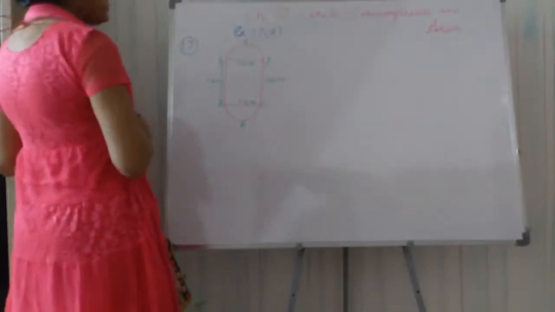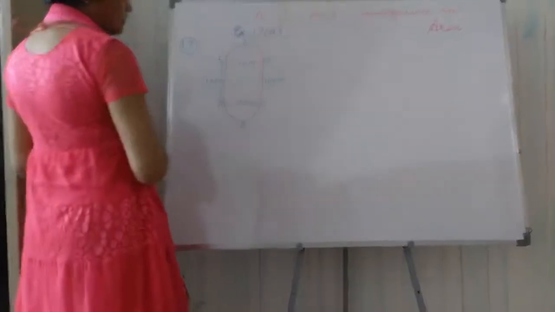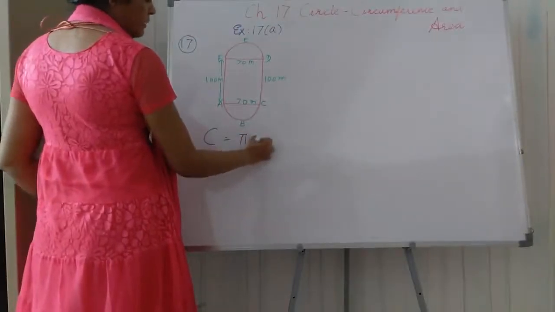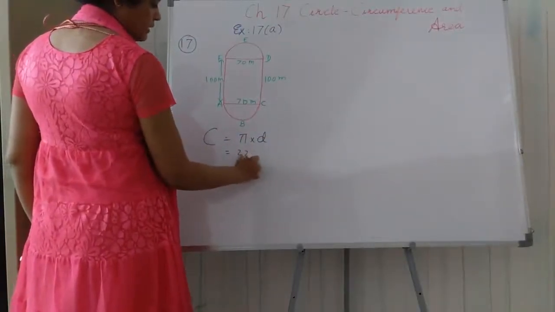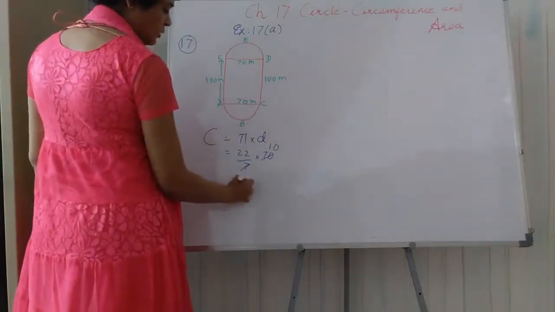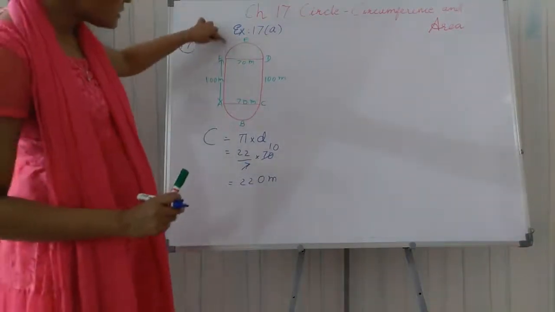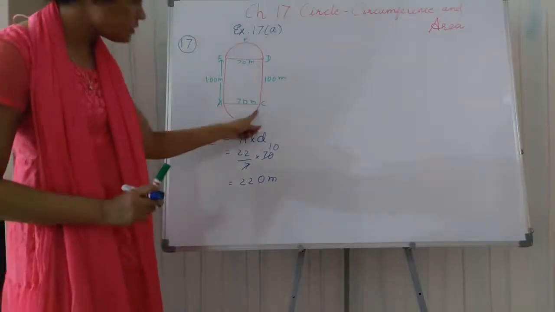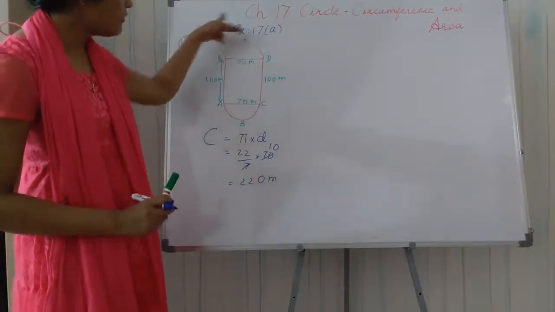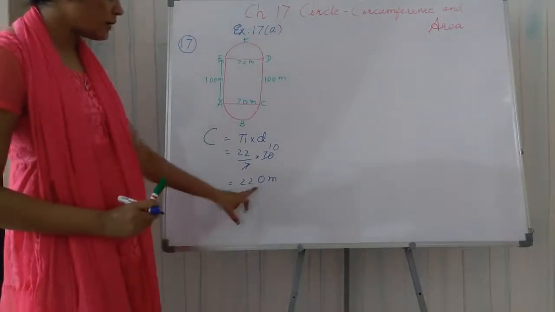For that, first of all, we find FED and ABC. So that is the full circumference only. So I write C equals pi multiplied by D, that is 22 by 7 into 70. So 7 tens are here. So this is 220 meter circumference. Why am I taking the full circumference? Because this is the half circle and downside also the half circle. It will make the full circumference. So this FED plus ABC half circles become the full circumference as 220 meter.